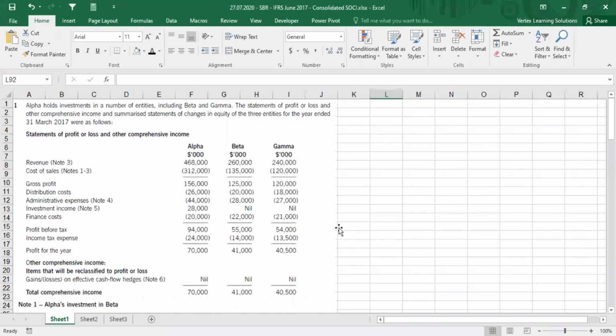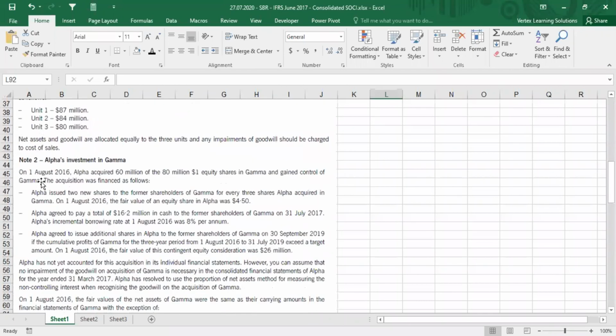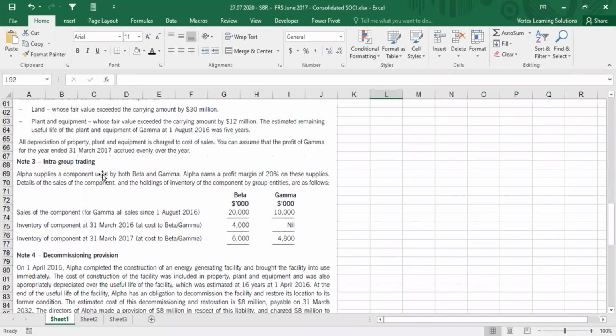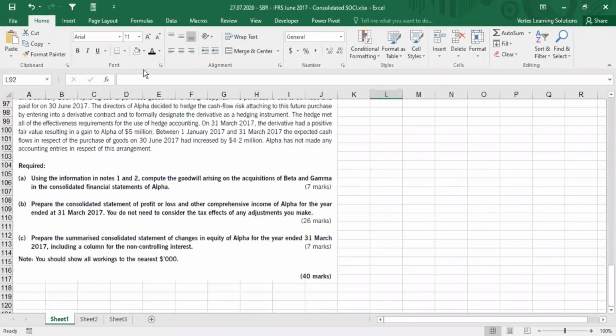Okay, now this is one question from consolidated statement of comprehensive income. We have been given this long data and there are some notes, note one, note two. We will read these notes later. Let's first read the requirement. What they ask us, they say that